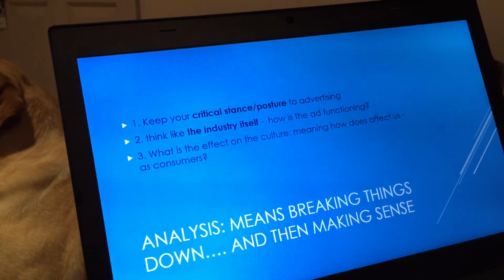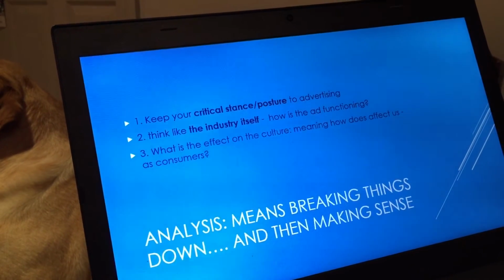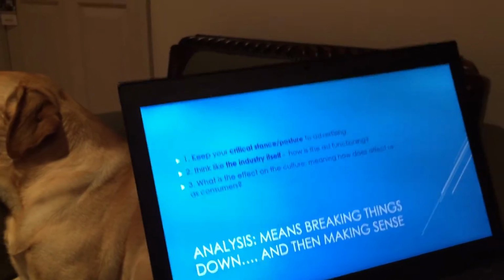Some of you have backgrounds that help you do this, but I want you to keep that critical stance and posture. Advertising is something that deserves criticism, and I think you guys are aware of that. But I also want you to do this second thing, which is try to understand advertising from